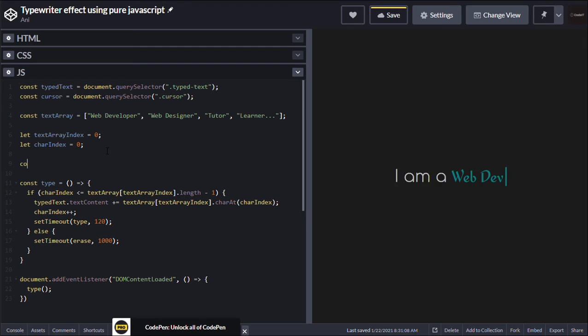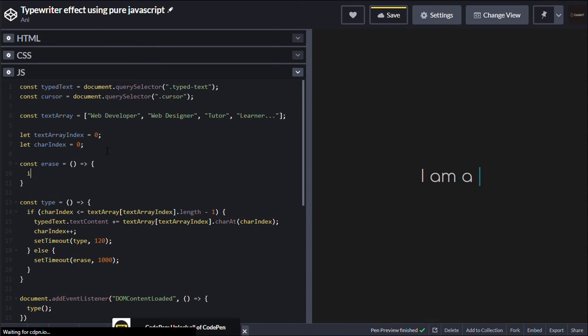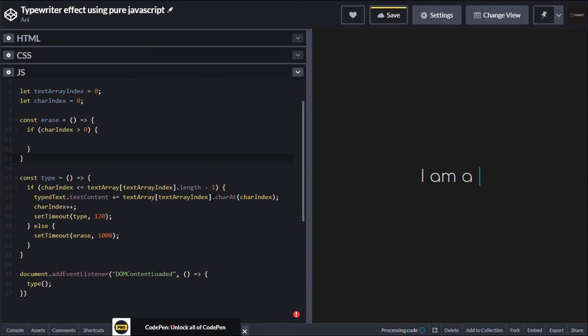and then we'll go to const erase, and then if char index is greater than 0, that means if the letter is not the first one, then it will erase. What I'm telling is if the char index is greater than 0, that means if it is 1, then erase that. That means if it will erase the first letter also, then we don't want to erase, because we will not have any letter after that, and you will know when we code here. So if char index is greater than 0, type text content equals text array